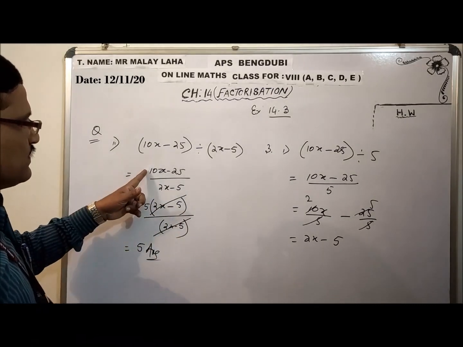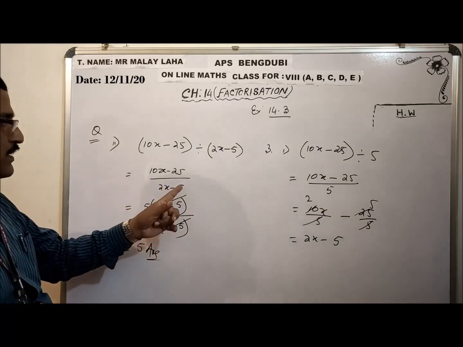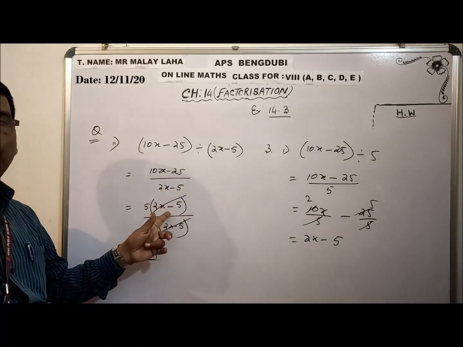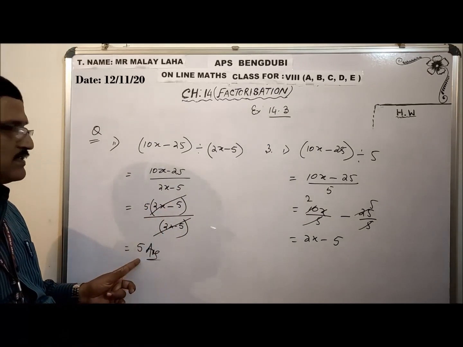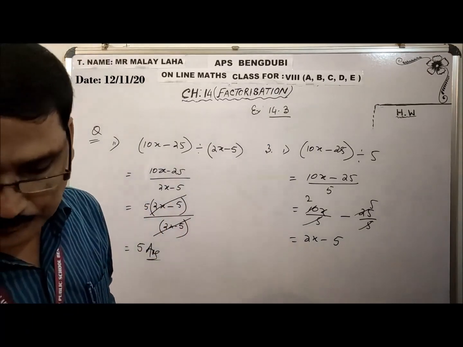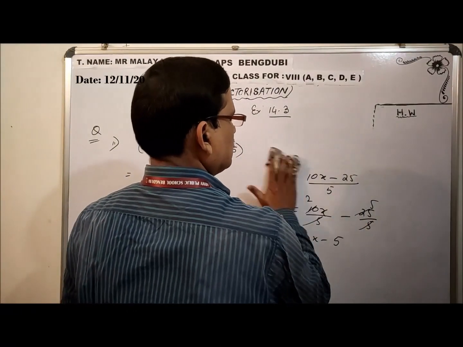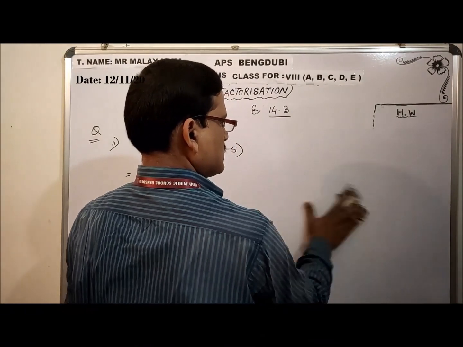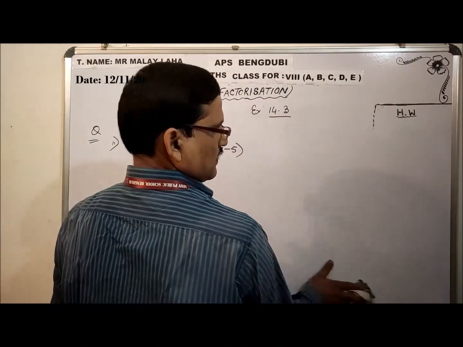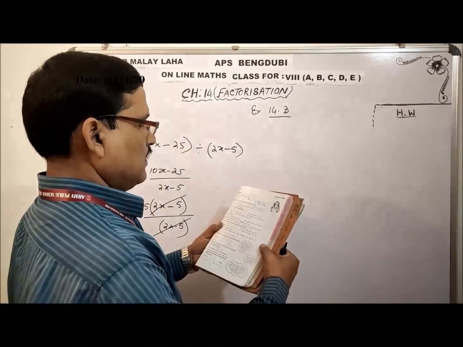You have to reduce the number. After reducing, you will notice that the entire part of the denominator cuts with the entire part of the numerator. Okay. And what is left out? 5 is left out, and this is the answer. Clear? So this type of calculation will start. 1 mark question definitely you will get from this. If I conduct class test next time, definitely I will cover this type of question.